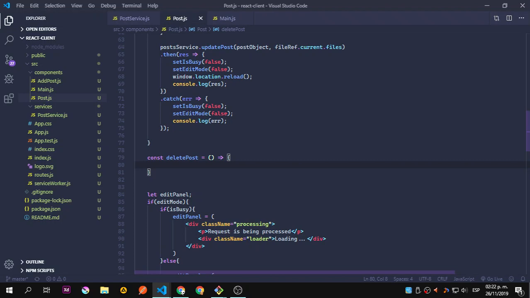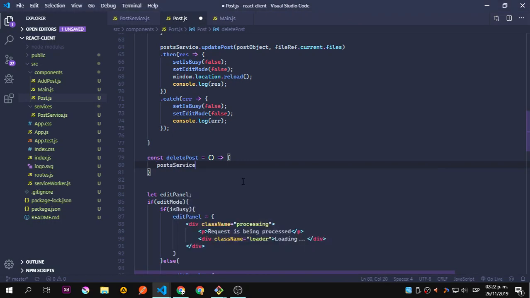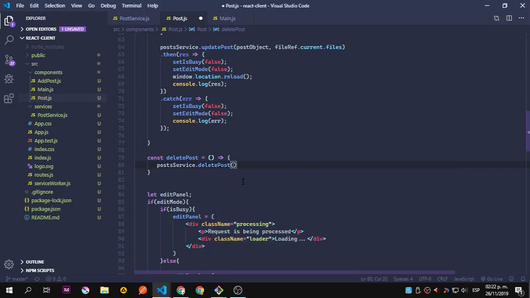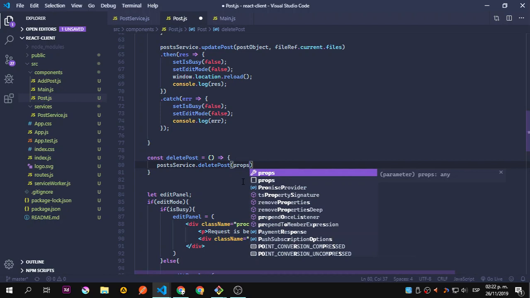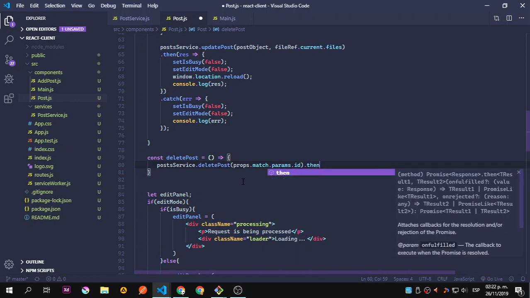So just give me a second. Okay, forgot that I wasn't there. Okay, so post service, we need to get our service that we have already imported. Delete, we're going to use props that match that params that ID, the ID from the URL, that then